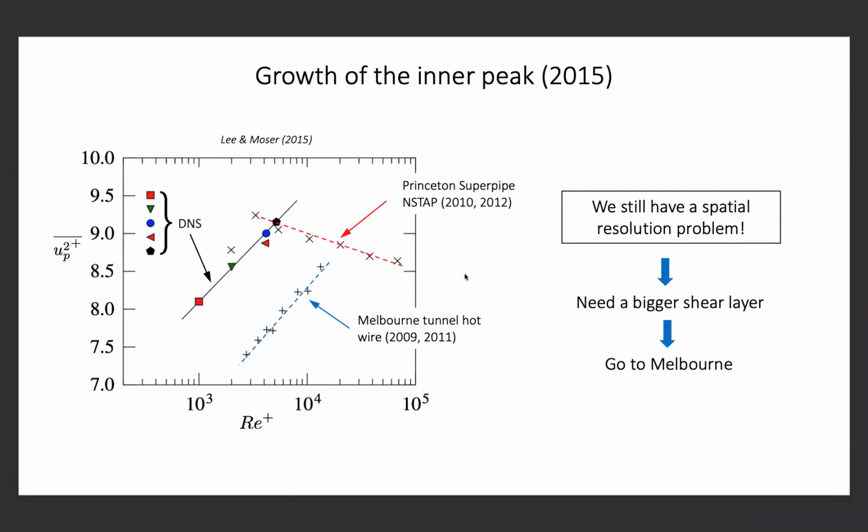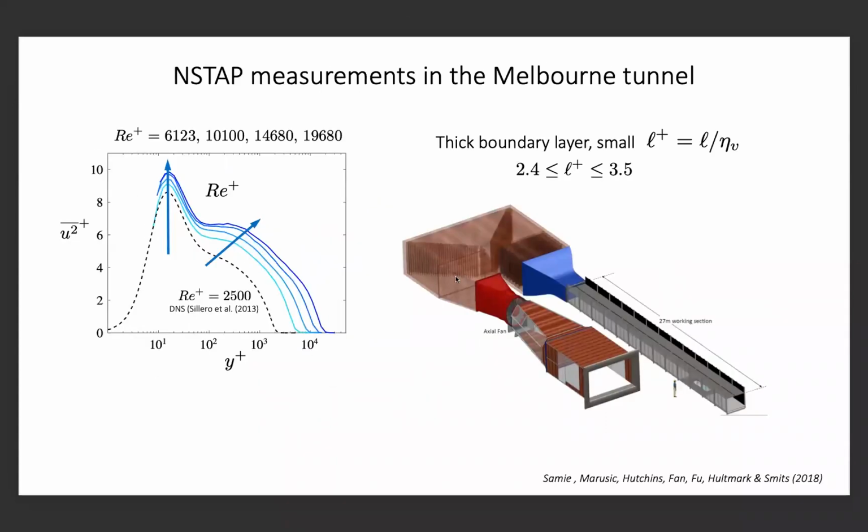So what's going on? Well, it turns out that even though we have these very small probes, when you get close to the wall, the smallest eddies are very small indeed. And we still have spatial filtering on the NSTAP probes in the Superpipe. So we obviously need to go to a bigger facility, with bigger shear layers. And so we went to Melbourne. And we took measurements in the Melbourne wind tunnel using the NSTAP probes. Now, the boundary layer thickness, as I said before, is like 35 centimeters or so in that facility at